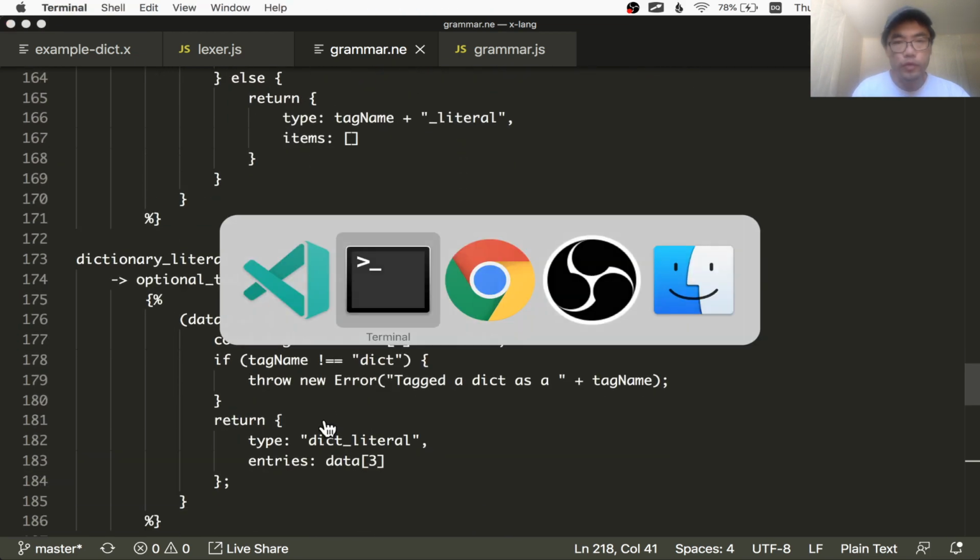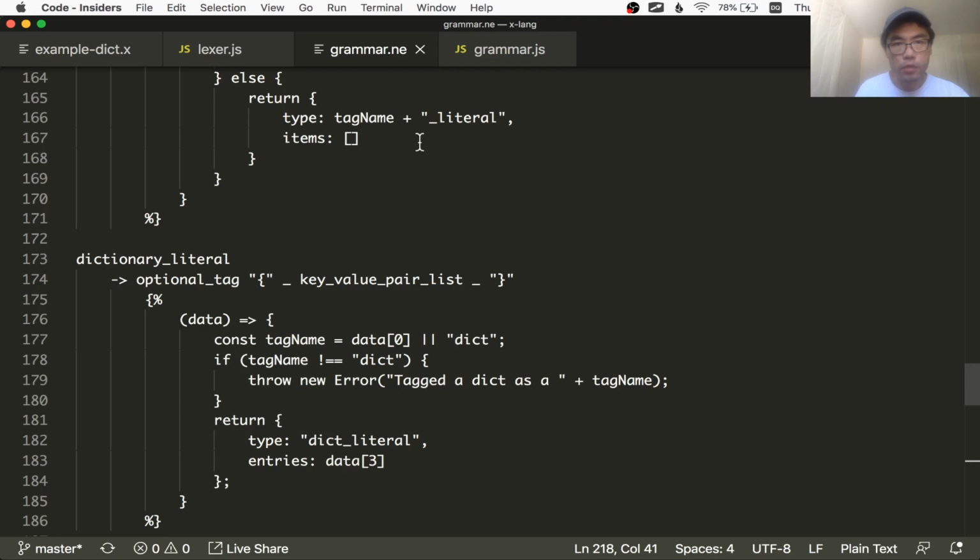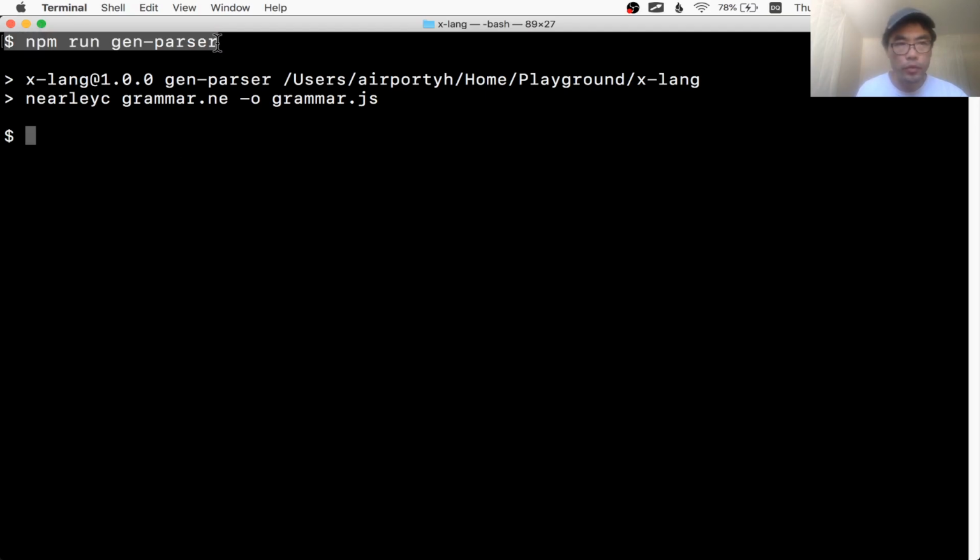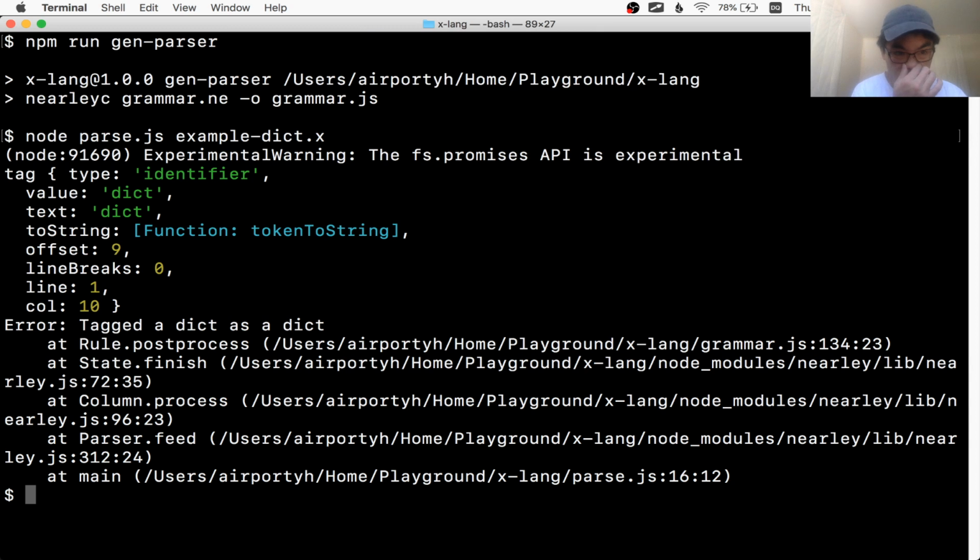I think I already removed that printout. Because I edited the grammar file and not the JS file, I'm gonna close the JS file so I don't get confused. I'm just gonna work on the grammar file now. After I edit and save the grammar file, I have to remember to run the gen parser command. And then now I'm gonna try to parse it again, and yeah, it does say when it encounters a